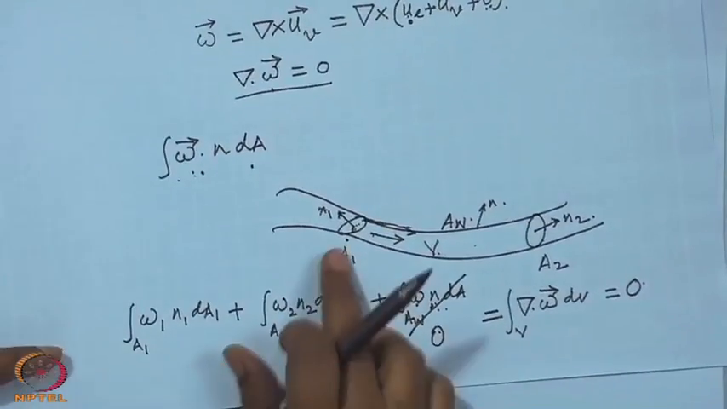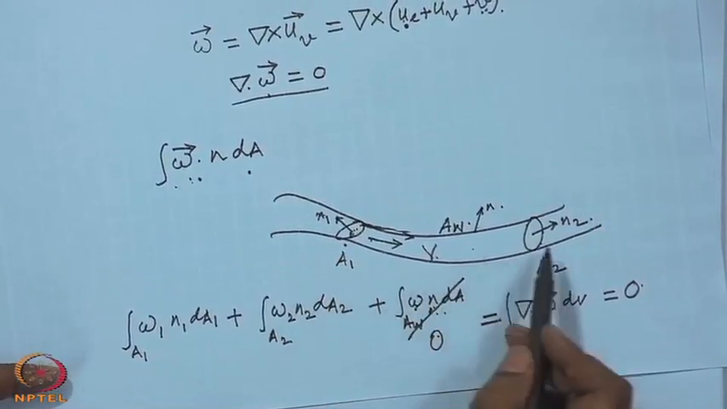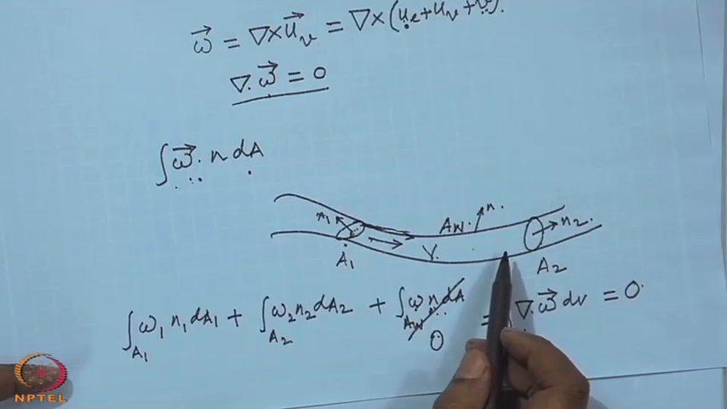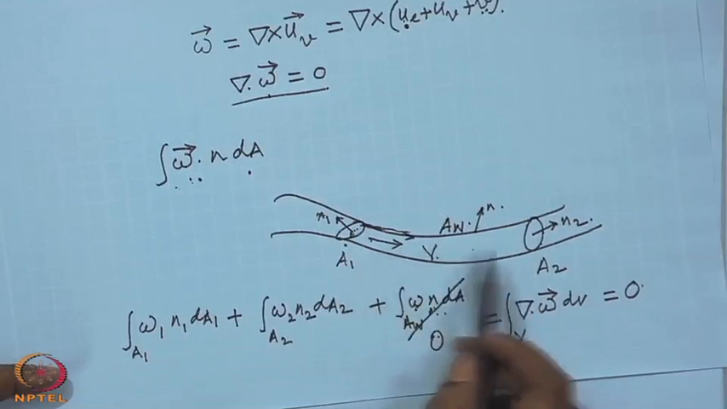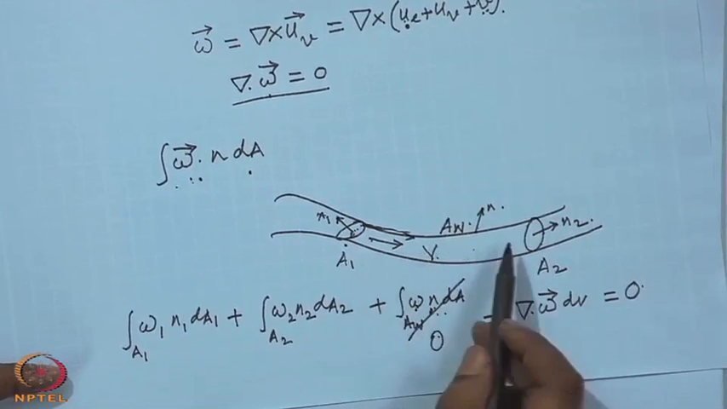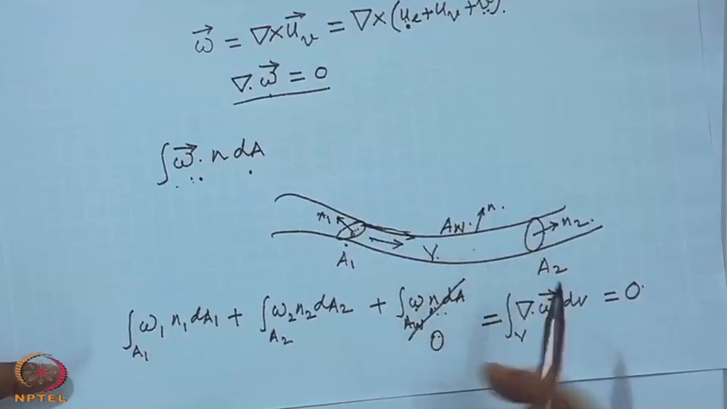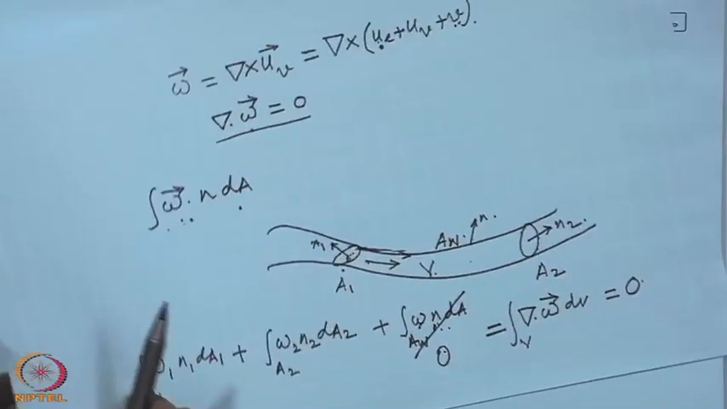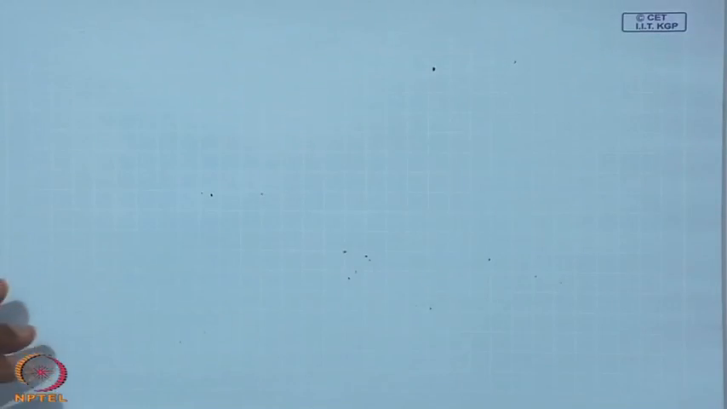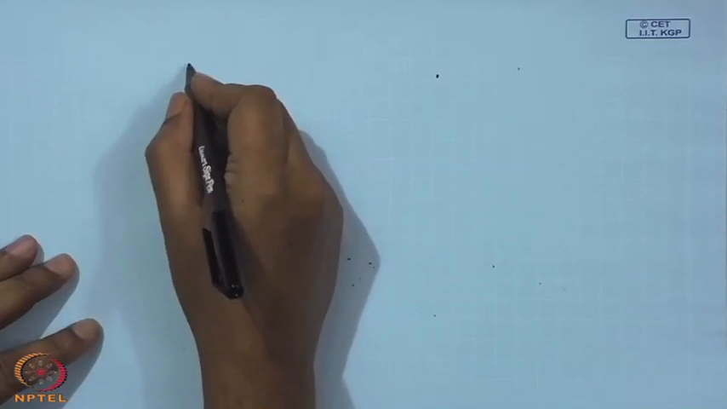And since these two normals, what we have taken, both the normals taken as outward, okay, but they have different sense. The two outward normals have different sense. So, this integration now becomes